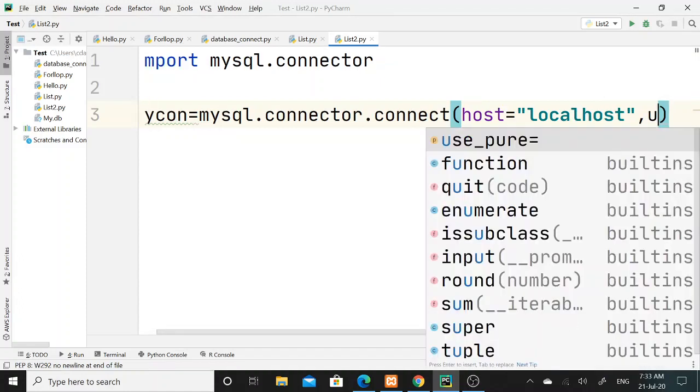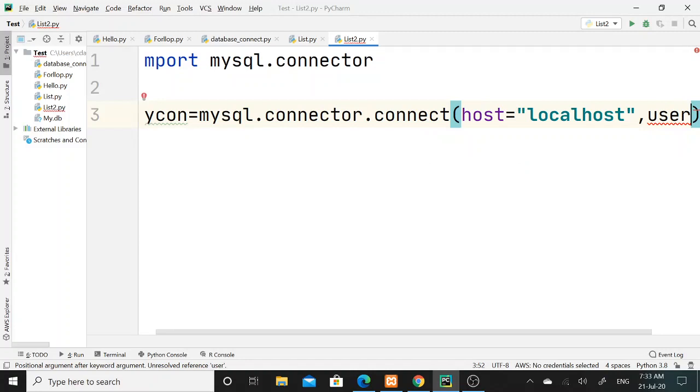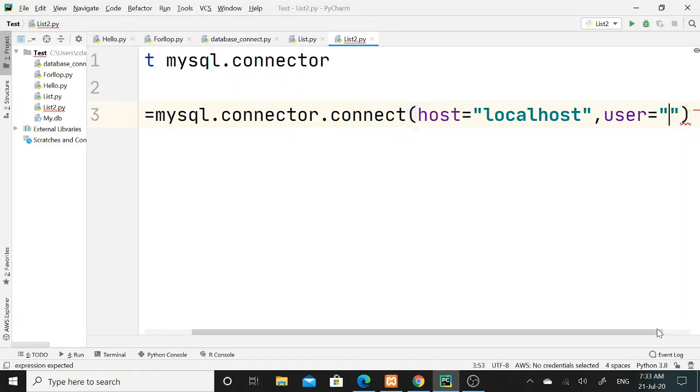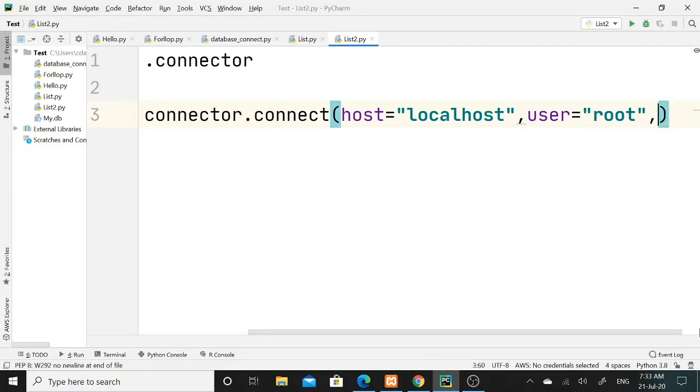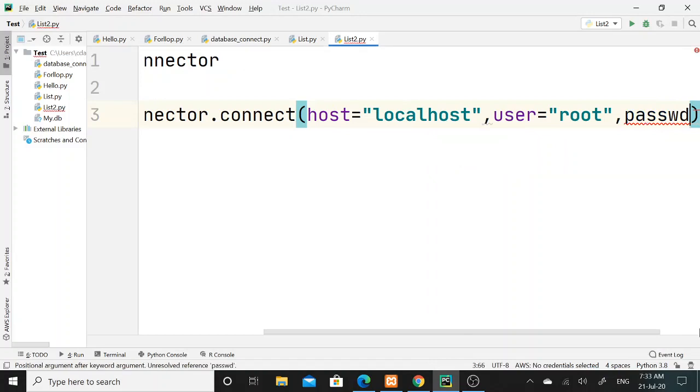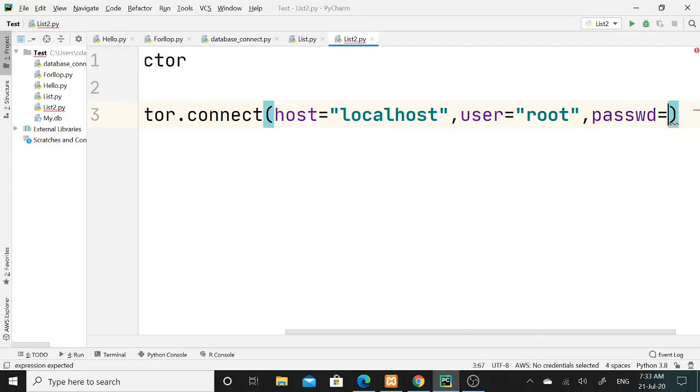Then my second argument is username, the authentication required to connect to the MySQL database, and here I have set root as the username. Then the third argument is password. In the MySQL database, I haven't set any kind of password for the connection, hence I shall leave this field blank.